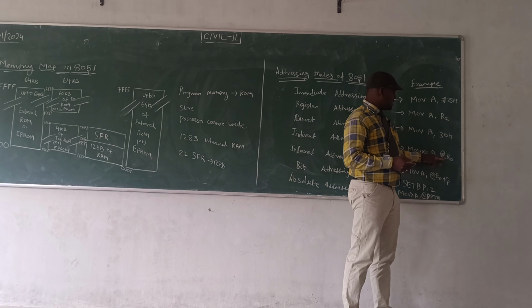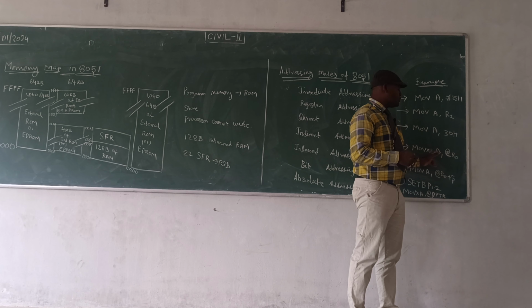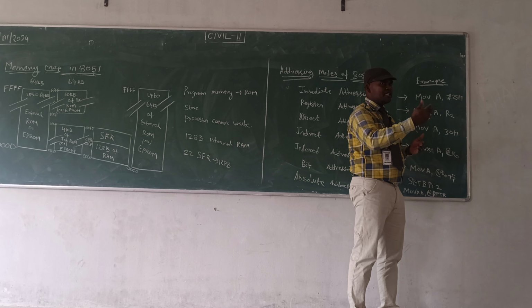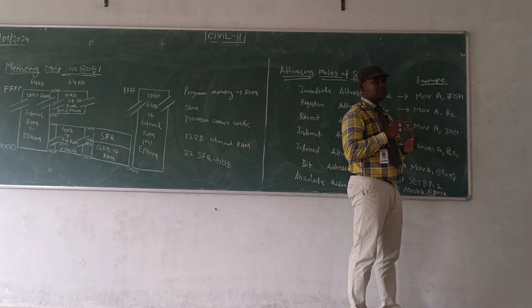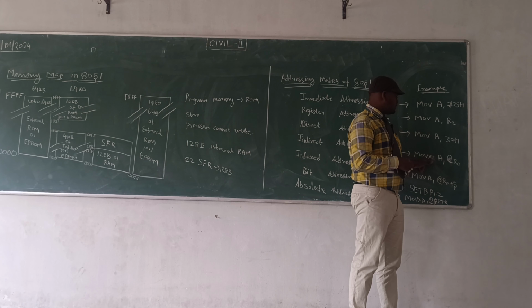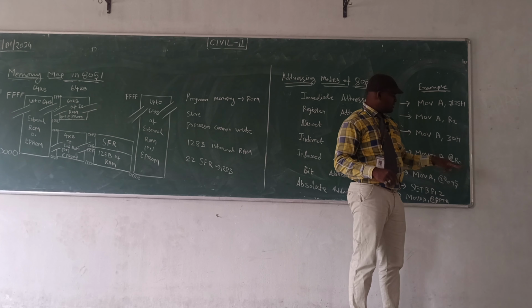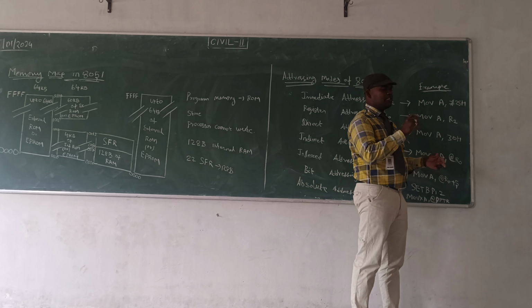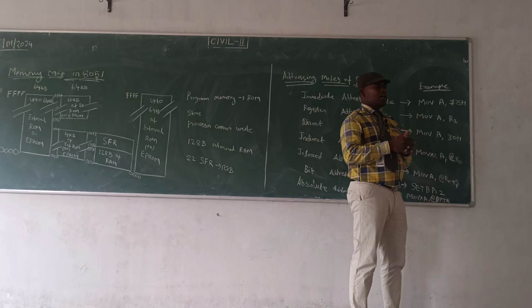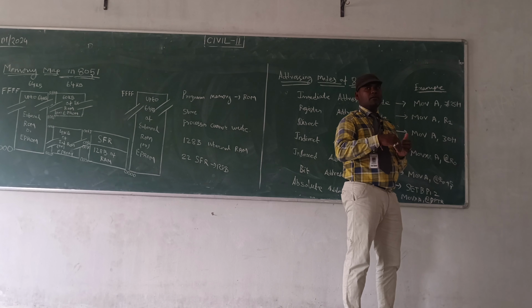But the data is not moved permanently to the accumulator. The data is indirect, meaning it can be copied. It may be saved, but if you want to access the data again, the R2 register, whatever data it has, after moving here, remains available for further